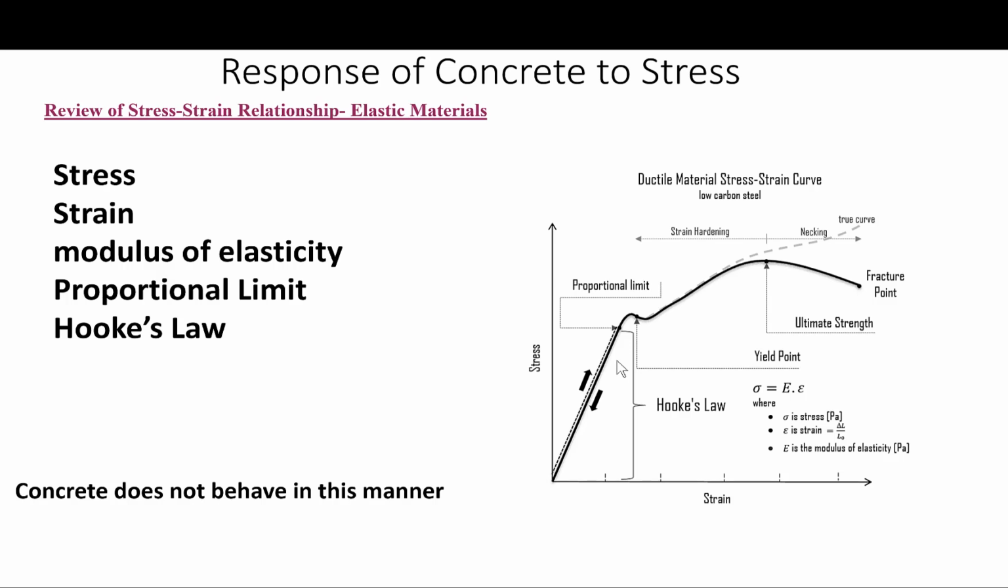Before that, let us really refresh on the stress-strain relationship in general. So if we look at the curve shown here, we see several terms defined: stress, strain, modulus of elasticity, proportional limit, Hooke's law. We see here the ultimate strength and the fracture point, the yield point. This is basically a stress strain curve for a low carbon steel bar subject to tension, and you see how it goes through this